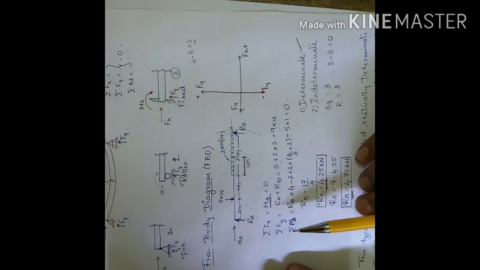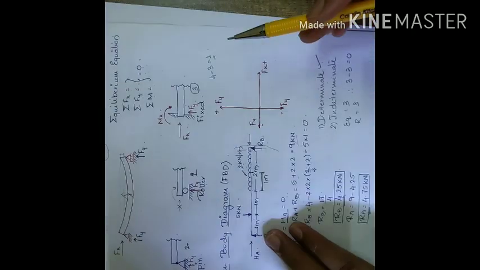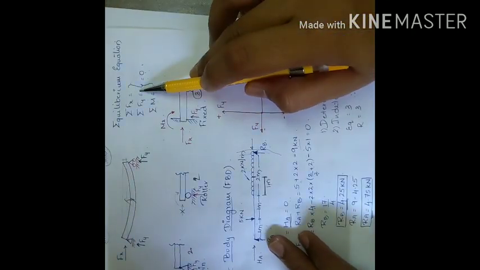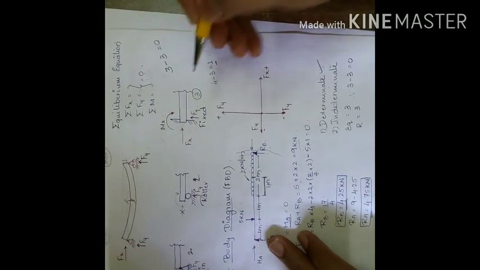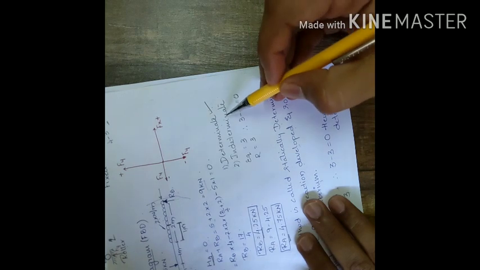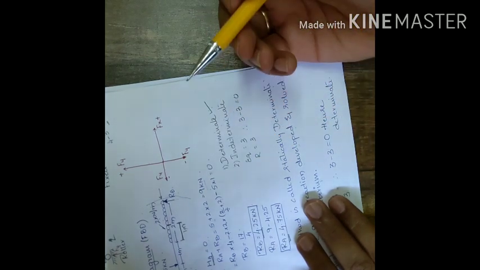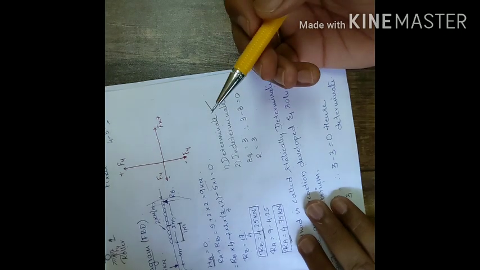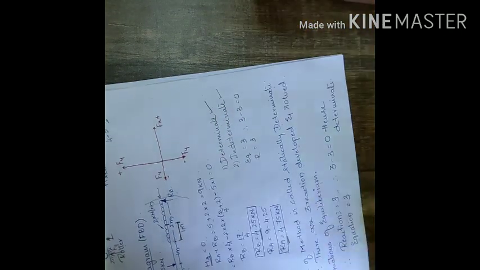That means to solve these three reactions, that is HA, RA and RB, I need these three equations of equilibrium. I have three reactions, I have three equations of equilibrium. So 3 minus 3 is equal to what? 0. At that time I can say this structure is a determinate structure. If it is not 0, if it has any other number, then I can say it is an indeterminate